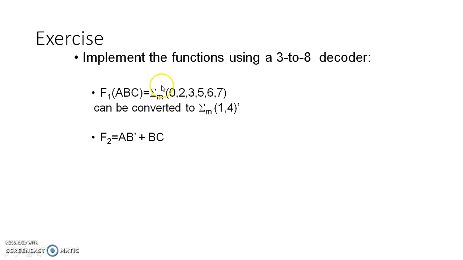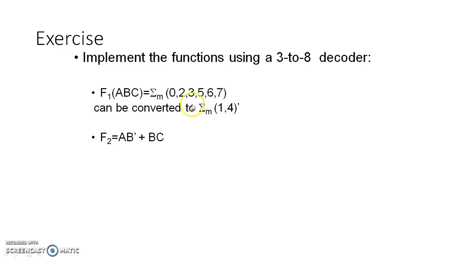Next, I take one more example. This is also constructed using a 3 to 8 line decoder. It's a 3 variable function. But if I examine the minterms, I have 6 minterms, whereas the maximum number of minterms for a 3 variable function is 8. So whenever it is more than half of the maximum number of minterms for a particular function, then it's better that I convert this to POS, because in this SOP I have 6 terms. When I convert it into POS, the missing minterms become the maxterms. So here 1 and 4 become my maxterms.